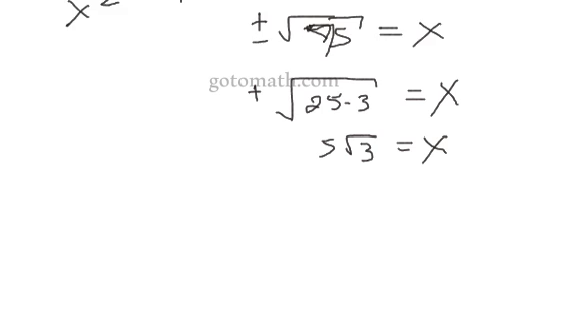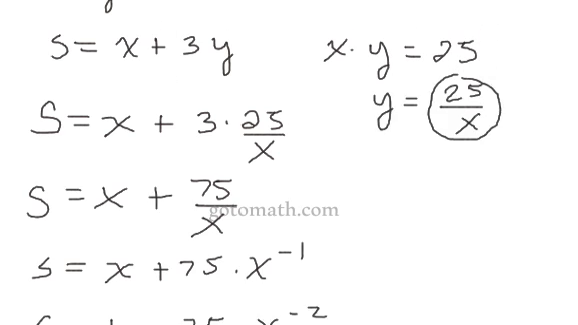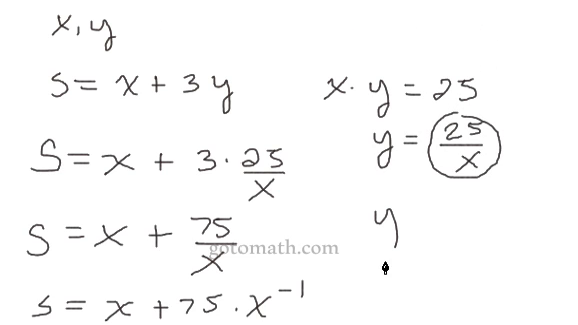Now remember how to get y. We want to come back up here and say y is equal to 25 over 5 square roots of 3, and we can simplify this down